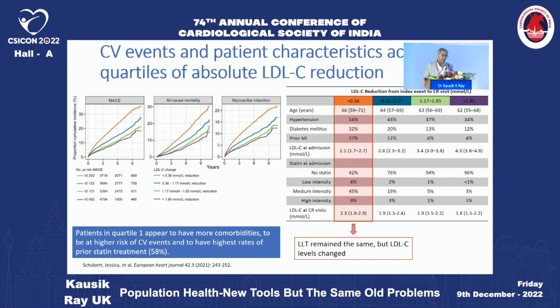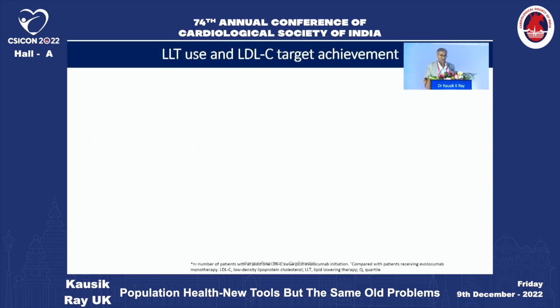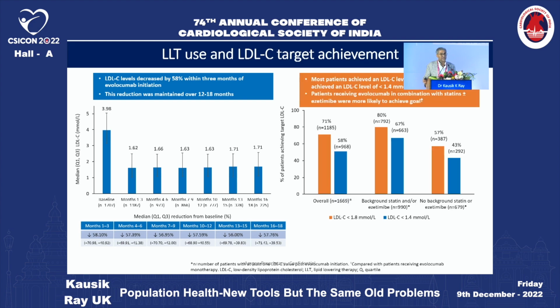Most of these are going to be statin naive. But you can see on the bottom row, very little happens in terms of changes, and they have the worst outcomes. You've got new treatments. These are monoclonals in Europe. Where are they being used? For outliers with very high levels of LDL cholesterol. And you can see that when we use them mostly as monotherapy on the right-hand side, no drug, no matter how powerful it is, is going to be able to get patients to goal.